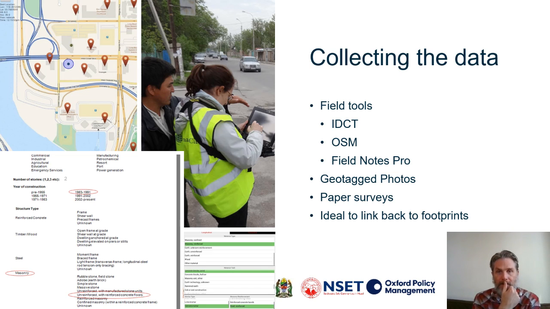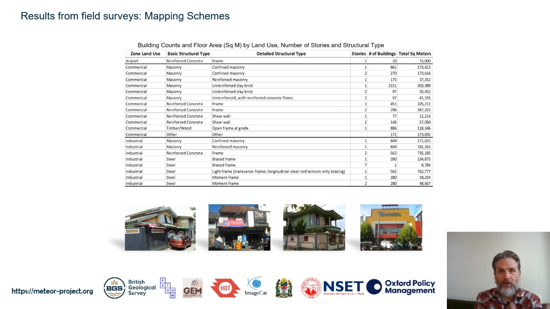And again, it's ideal to link that back to the footprints. So you have those observations tied to building areas, a number of stories too. So that helps your extrapolation process. And so the results here, here's some examples, I believe, from a project we did in Indonesia. On the bottom, you see 4 different photos of buildings. These types of observations were tied to different commercial districts. And in the end, you have essentially a distribution of the total square meters and the total number of buildings, which allow you to make your